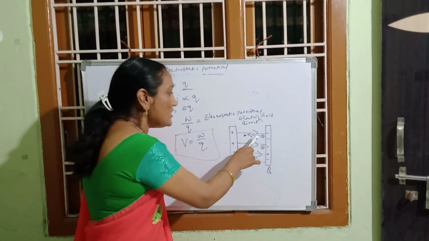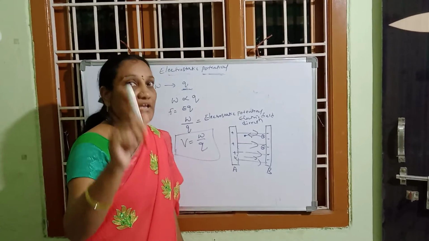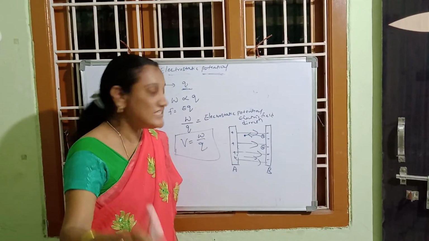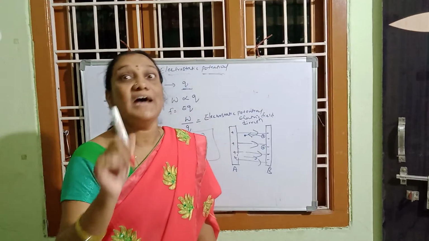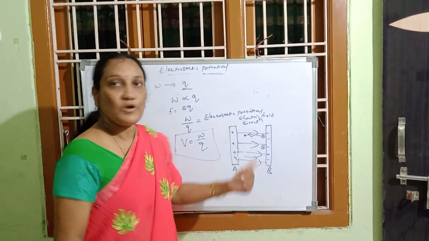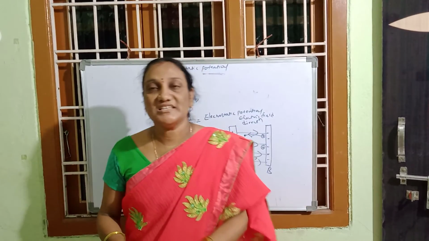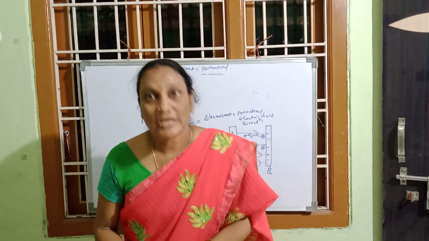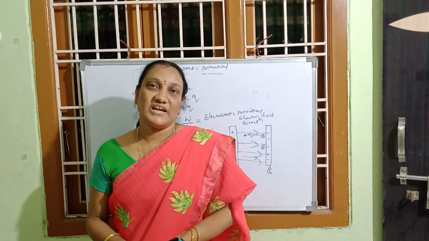The work done in moving the positive charge is against the direction of electric field, and the definition of potential is satisfied, because the definition of potential is nothing but the work done in moving a charge against the field. And here only positive charges can be moved against the field. So we consider unit positive charges while talking about the electrostatic potentials.